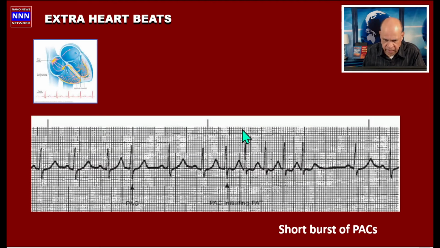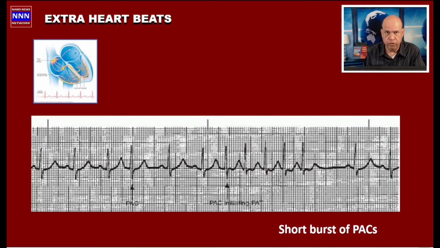And here we have a normal cycle. Then we have 1, 2, 3, 4, 5 extra beats happening at a rapid rate. This is known as the short bursts of PACs. The short bursts of PACs could be, depending upon the rate, just extra beats, or it could be